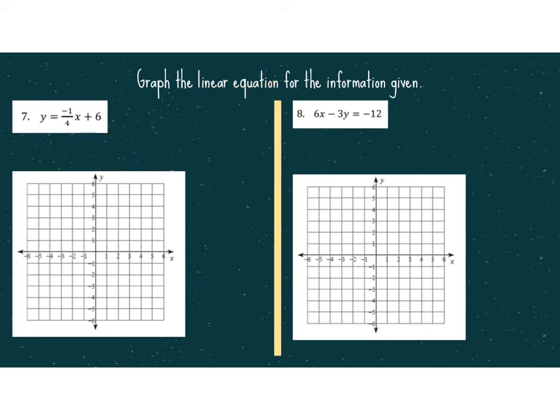Okay, a couple more examples here. y equals -1/4 x plus 6. So now, I'm in slope-intercept form, so yay. Here's my y-intercept. Here's my slope. This line looks very similar to the line we just graphed, except that your slope is negative and your y-intercept is positive. So from 0, 0, I'm going to go up to +6, and I'm going to go down 1